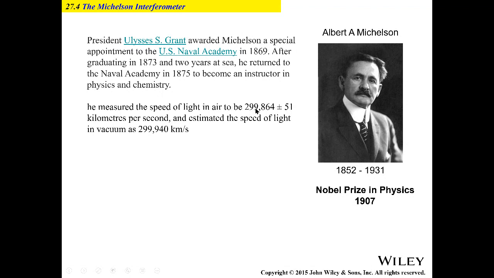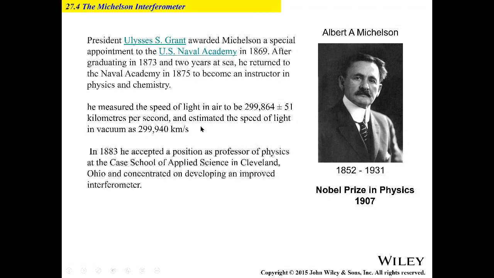He measured it to be 299,864 plus or minus 55, and then he estimated the speed of light in vacuum as 299,940, because he realized that air has a density n equal to 1.0 something or other. So he did a very careful measurement, and then he estimated. All right, that's all part of, as I said, the international competition to try to get better and better